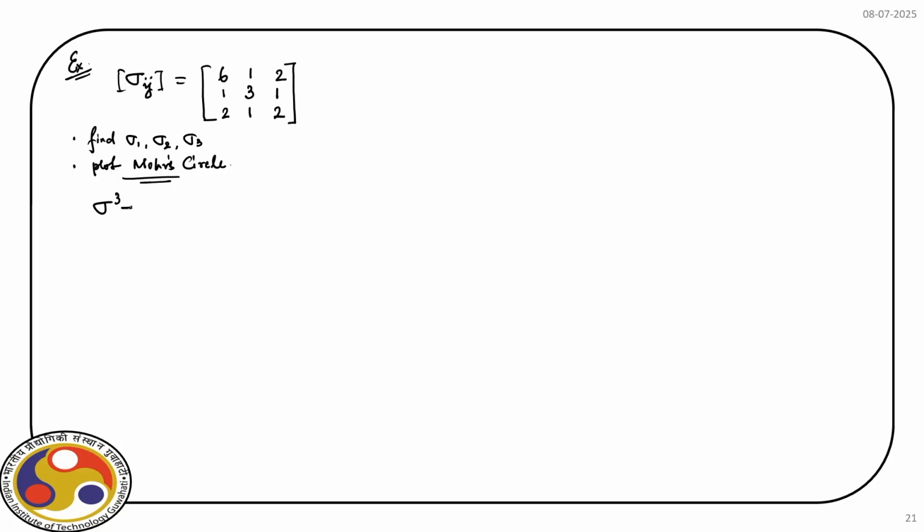Sigma cube minus I1 sigma square plus I2 sigma minus I3 is equal to 0. So, our task is to find out I1, which is the sum of the leading diagonal. So, 6 plus 3 plus 2, and that is 11, right. So, I1 is 11,